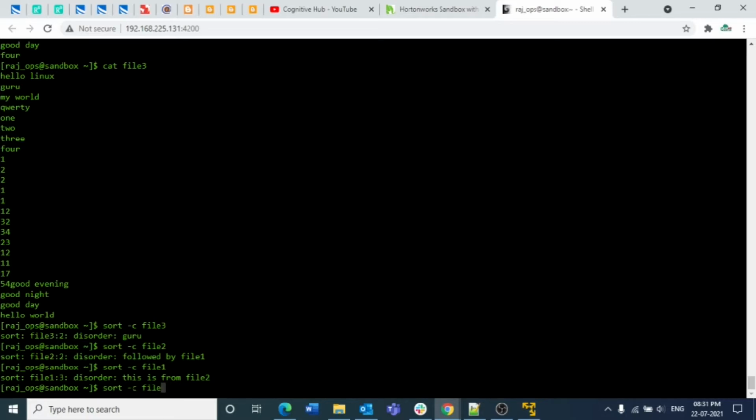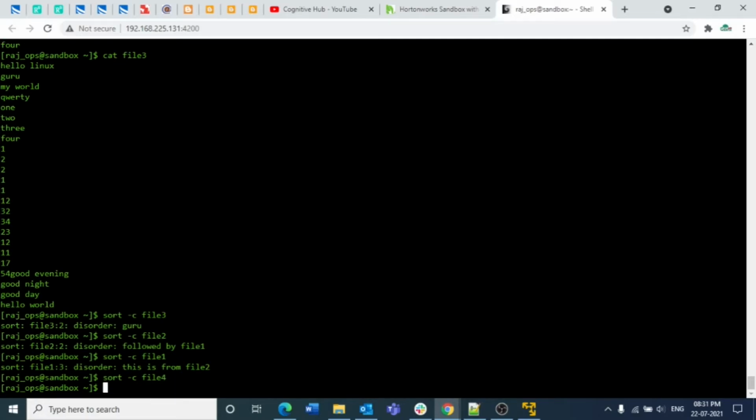Along with the disorder, it will also show at what point the disorder occurs. If you consider file3, the disorder came from Guru, and if you consider file2, the disorder comes from the file1 line, and if you consider file1, the disorder comes from this line from file2. As file4 is empty, it is not showing any content here.